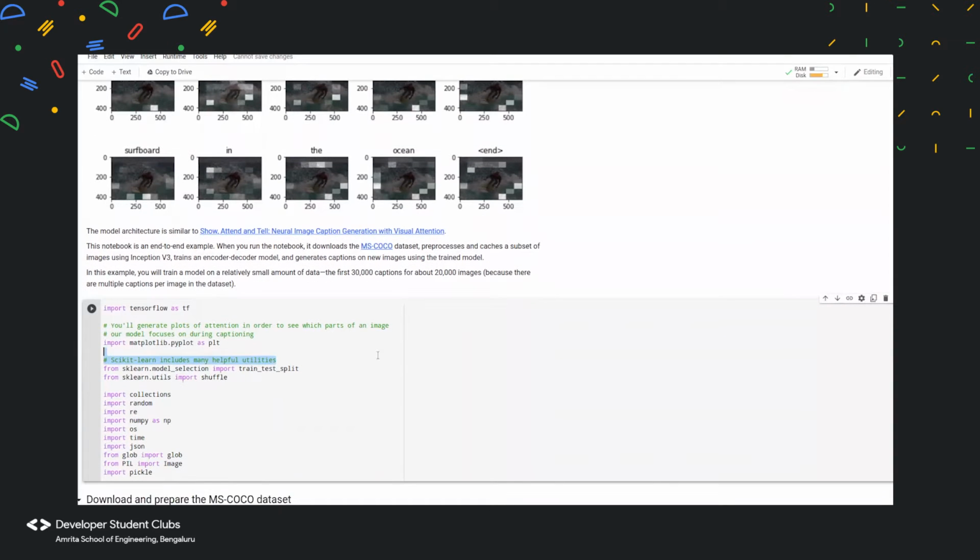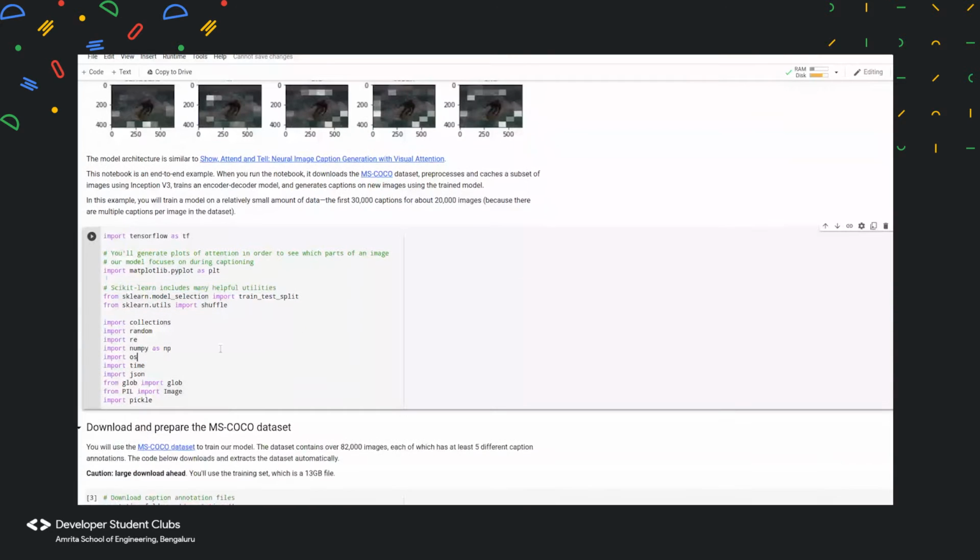All right. So our first block is importing modules. We'll be importing various modules for different computations. The difference between the modules used in the previous session and this one is that we'll be using one new module called sklearn. Scikit-learn is similar to TensorFlow. We'll be using two specific functions from it.